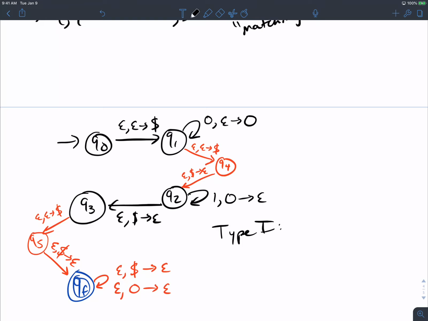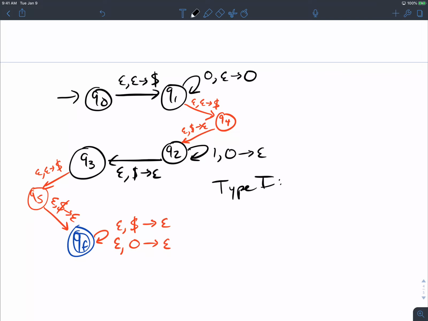If they are pushing the dollars in the beginning, then why are you able to go to the final state by reading the dollars? So I think what you're saying is that when we go to the final state, we know for sure that the stack is empty. This is purely algorithmic, to make this work for any PDA that doesn't necessarily have to end empty. All the ones that we dealt with had to end empty in order to go to the final state anyway. But you can imagine a situation where every transition just pushes on a symbol.